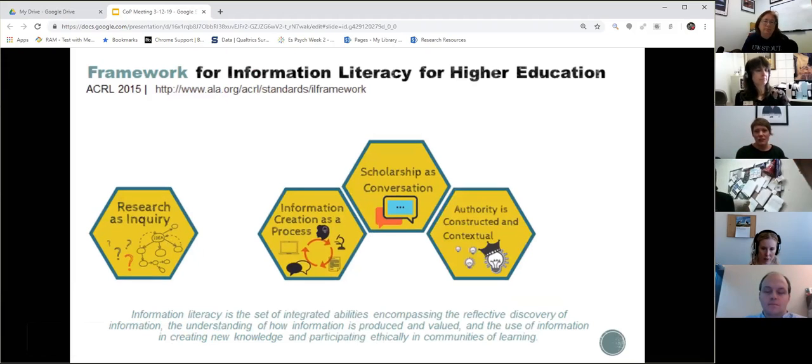Authority is constructed and contextual. We would love to think that experts are always experts in every context and they're infallible. That would be lovely. But it's not that way. So authority is a social construct as well as a knowledge construct. It's a little bit more complex than simply you got a PhD and so you are an authority on XYZ. So being able to understand how authority is constructed and how some voices get marginalized for different reasons,